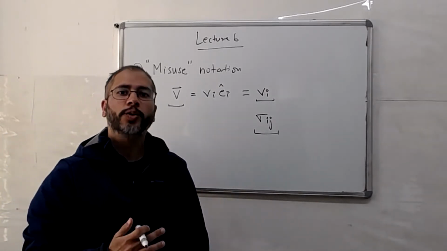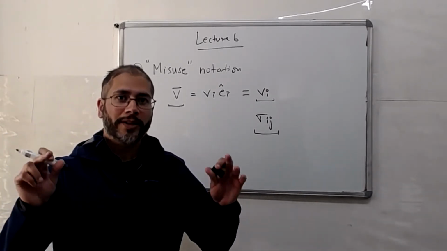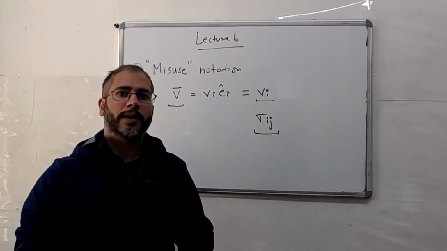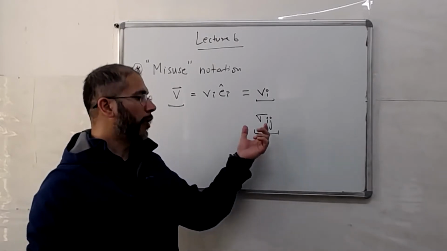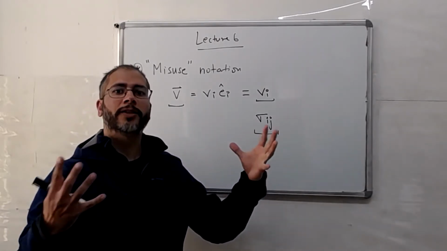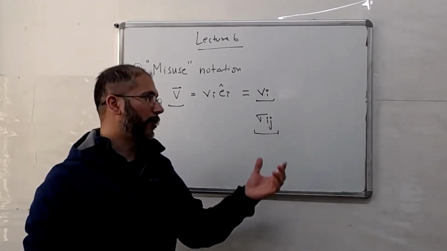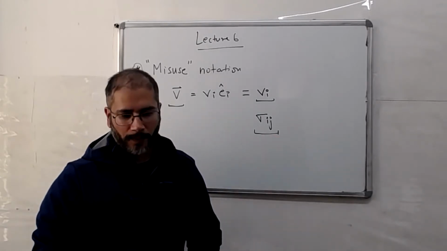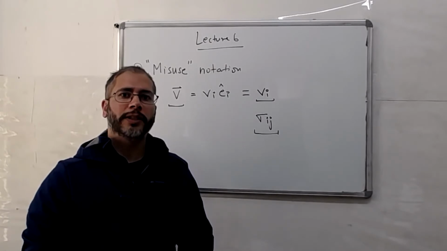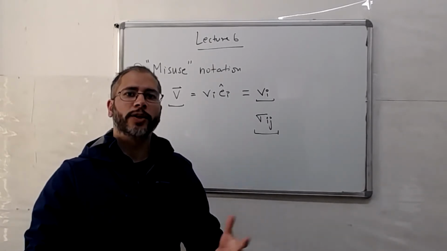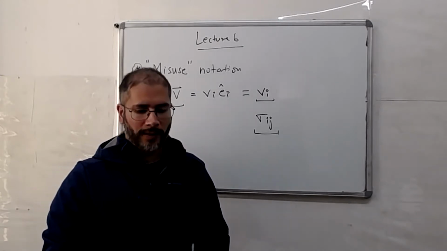But when you start using it and misusing it, you will figure out in which situation we are referring to just one of the components of sigma or the whole sigma tensor by itself using this notation sigma ij. So be very careful. You might get confused in the beginning, but when you see this notation used again and again, you will understand, you will get used to misusing it yourself.